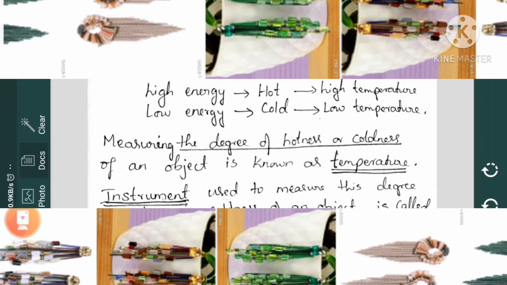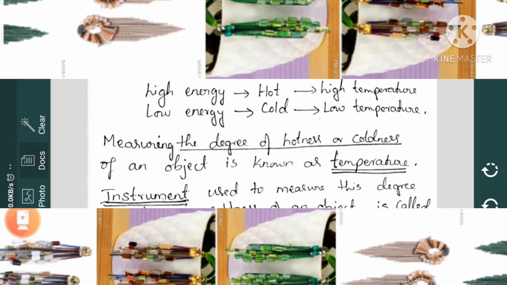When it goes lower, the temperature level, that is minus degree Celsius, then you will feel too much cold. But when it is low energy, we have to understand that it is going towards the cold region, and at that time we feel very low temperature. You already know, you have learnt in integers, when we move towards the right it is positive, and when you move towards the left it is negative.